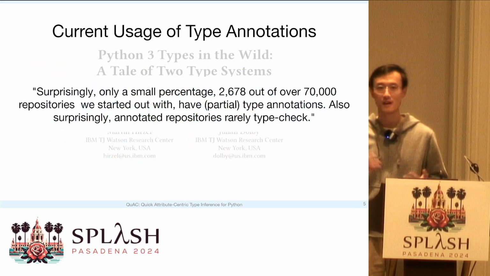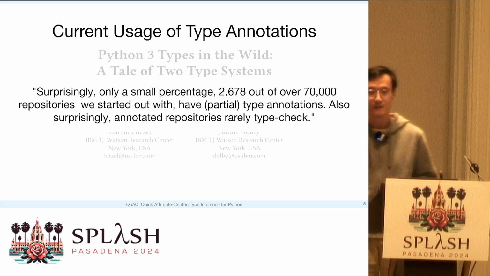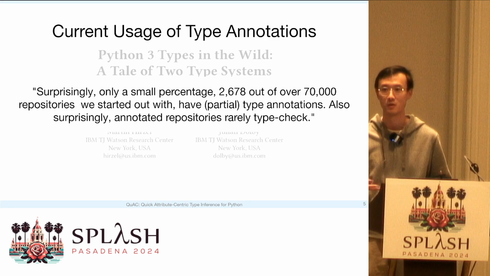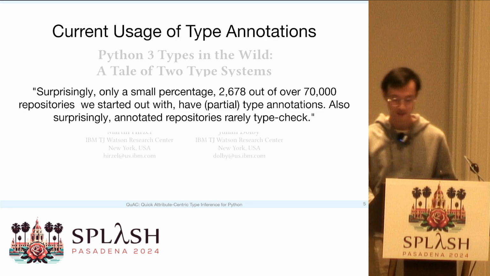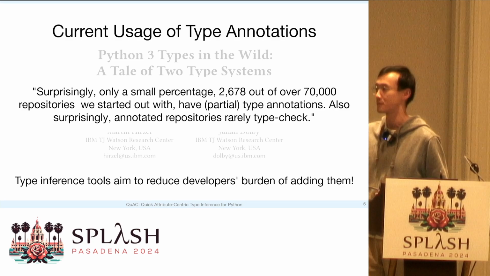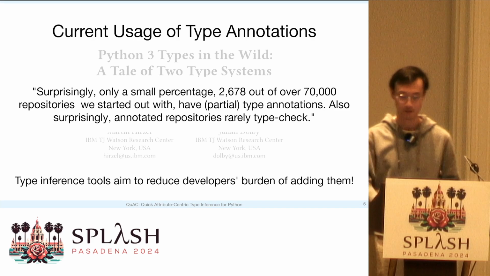However, despite the advantages of Python static type annotations, only a tiny proportion of Python code is actually annotated. This 2020 study estimated only about 4% of Python code is actually annotated. The clear advantage of type annotations, but the apparent reluctance of developers to add them, has led to the development of several type inference tools that aim to reduce developers' burden.